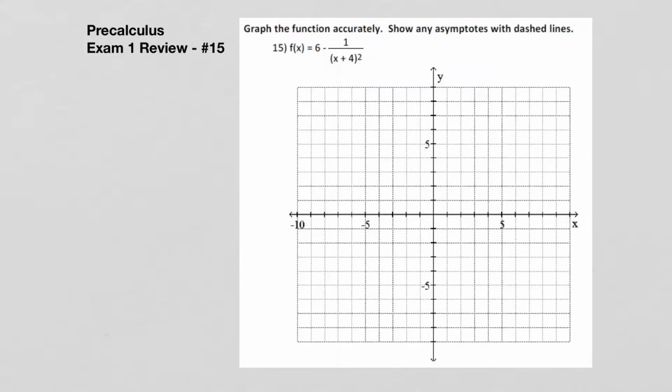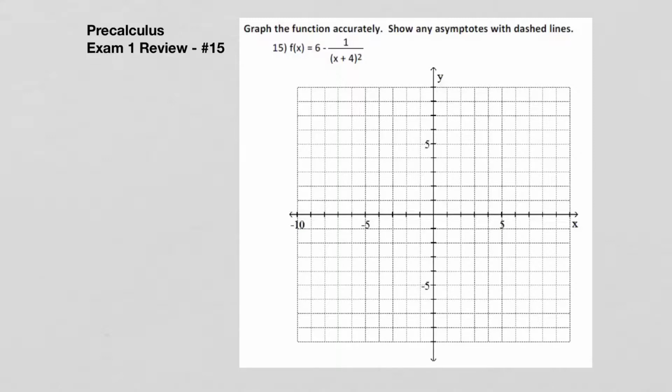In this problem, I need to graph my function accurately, and I want to show any asymptotes with dashed lines. So in order to do this, I'm going to find my asymptotes. I'll start with vertical asymptotes, and I have one vertical asymptote